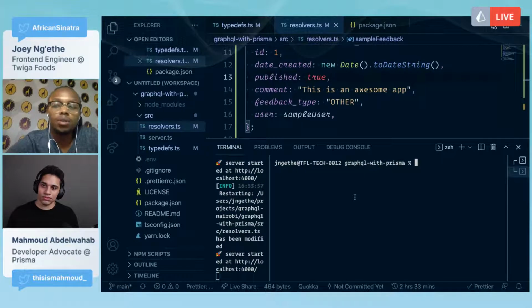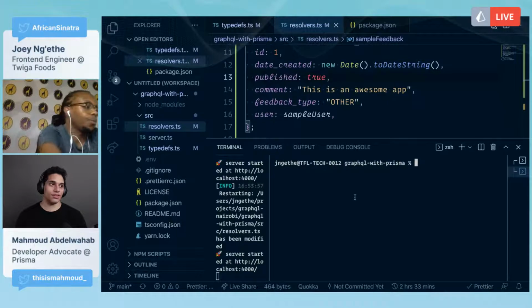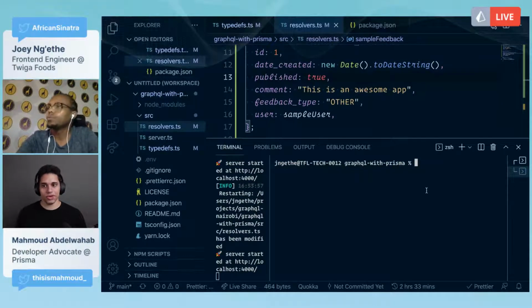For this example, we'll be using SQLite, because you don't need to set up a database, but you can use Postgres or MySQL as well. SQLite is a relational database, so that means you have rows and tables. When talking to SQLite, you can send SQL queries.